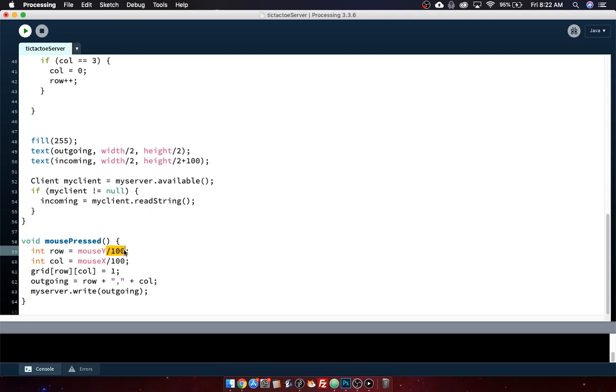And it works because when you divide an integer by an integer in Processing, it ignores the remainder. It just tells you exactly how many times 100 goes into the numerator evenly. So if it was 229 and we divided it by 100, we're not going to get 2.29. We're going to get just plain old 2, which is exactly what we want